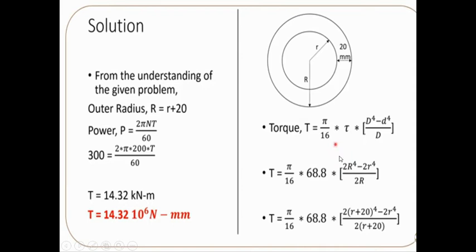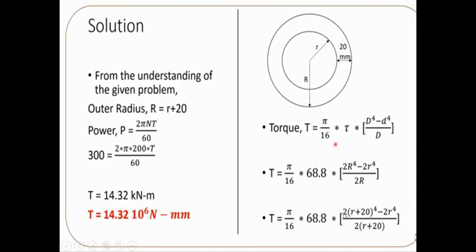So you can apply all the given values. Pi by 16, that is the formula, tau value equals the calculated 68.8. Then once again, you can see that capital D is replaced by 2R raised to 4. The formula for diameter is equal to 2 into r, so you can mention the replacement for D as 2R. So (2R) whole raised to 4 minus (2 small r) whole raised to 4, divided by 2 capital R.